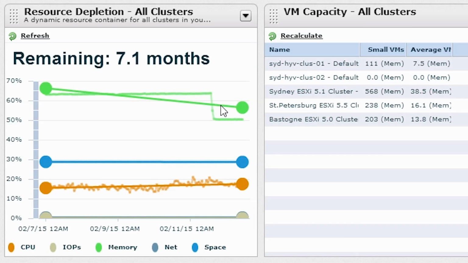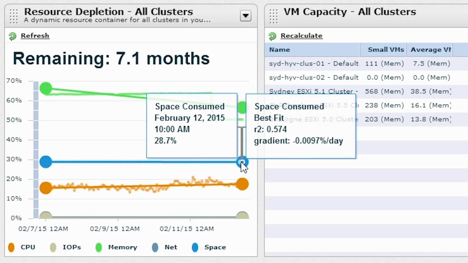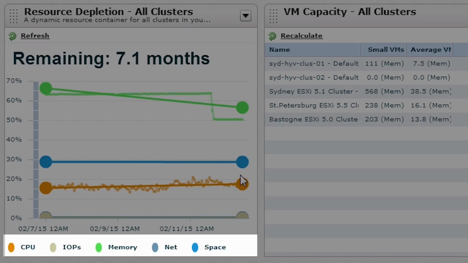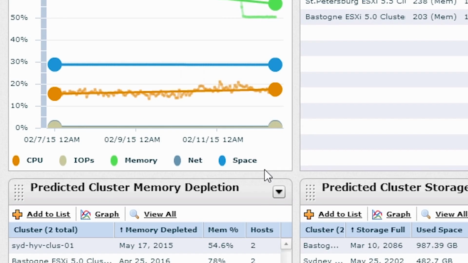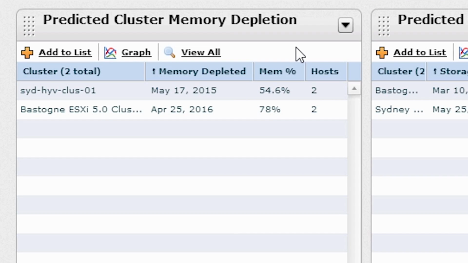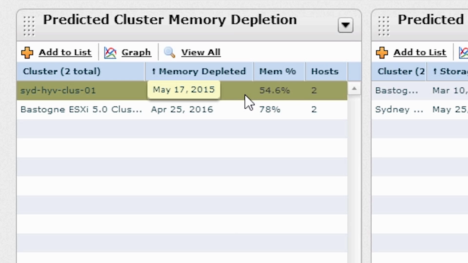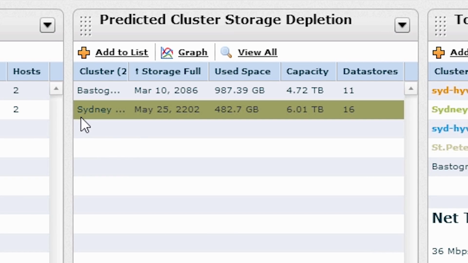We look at the current state and trends on how much storage space is being consumed: CPU, memory, storage I/O contention, and network throughput. If memory continues to trend upwards on this cluster at the rate that it currently is, May 17th would be the outage date. We also calculate these depletion dates for CPU and storage and determine how many more VMs you can fit into